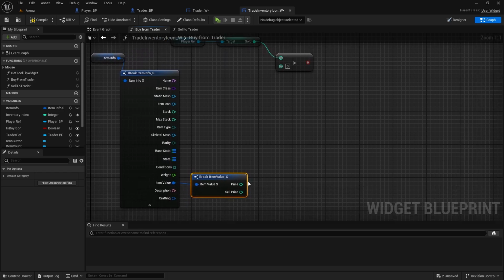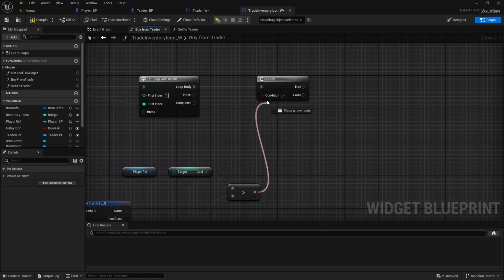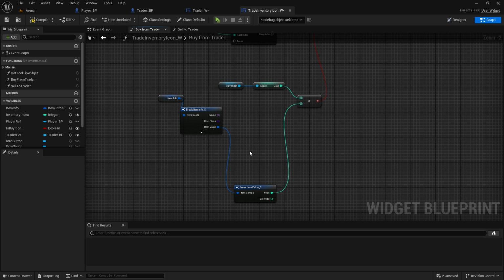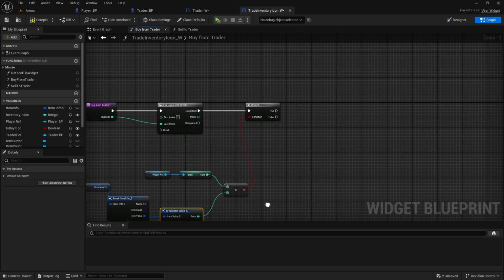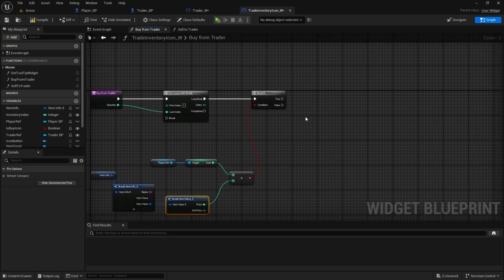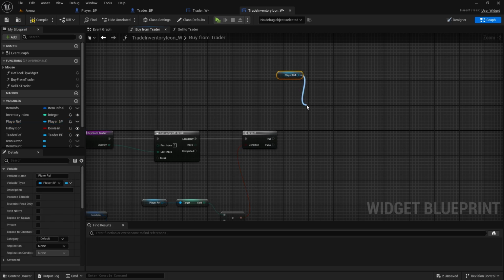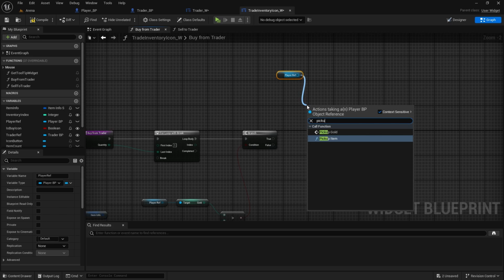And here we'll do buying from trader is price, not the sell price. And we'll connect it to branch. Right, so if it's true, if we have enough gold, we'll continue here, and then we can do player reference and pick up item